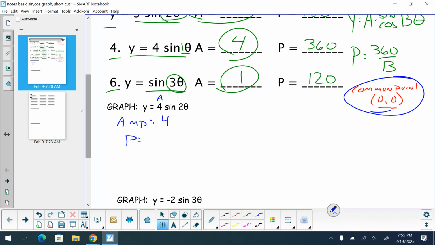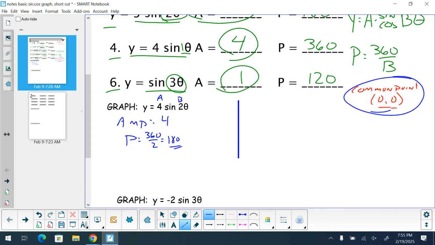Amplitude should be a value of 4. The period, my B value is 2, so 360 divided by 2, or 180 degrees. So looking at our graph now,